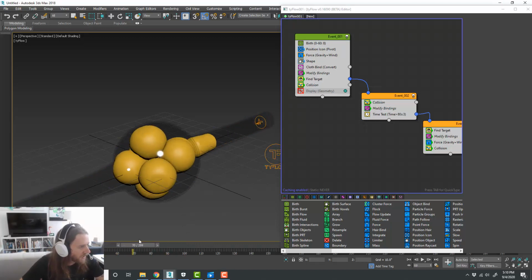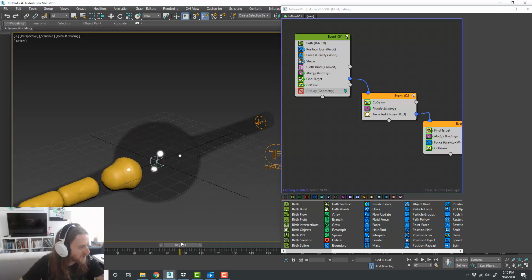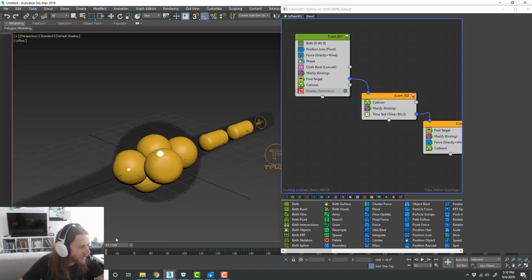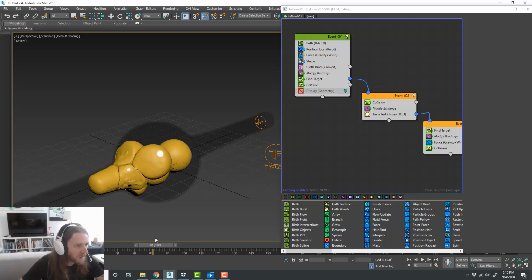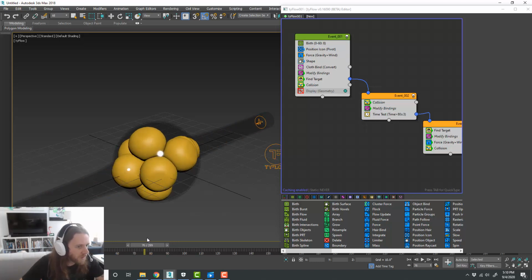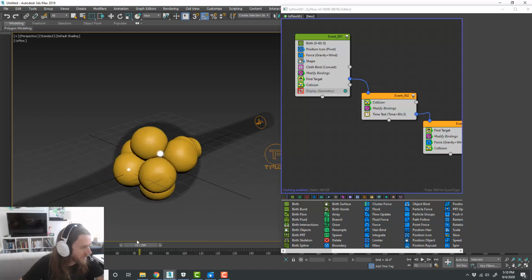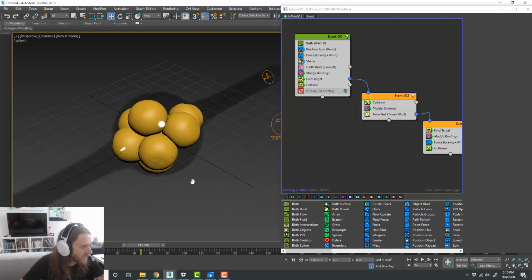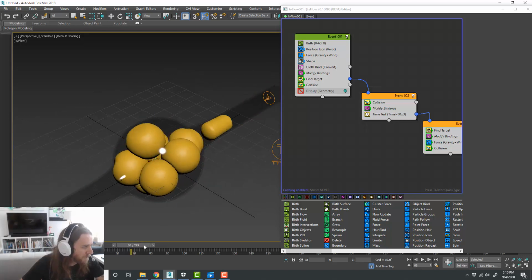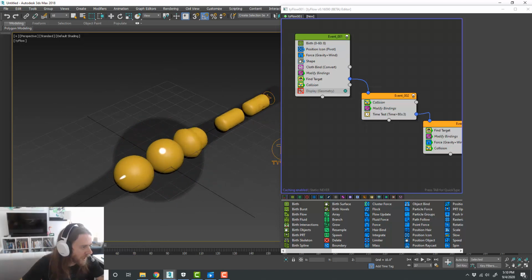The balls more or less coalesce into the bulb. I want to increase that time test a little bit, and then I'm going to decrease my find target velocity and maybe the force a little bit more too, because it really sucks them through there really fast. I want them to linger there a little bit, but for the most part, you can see the spheres are really starting to interact now and squish together,